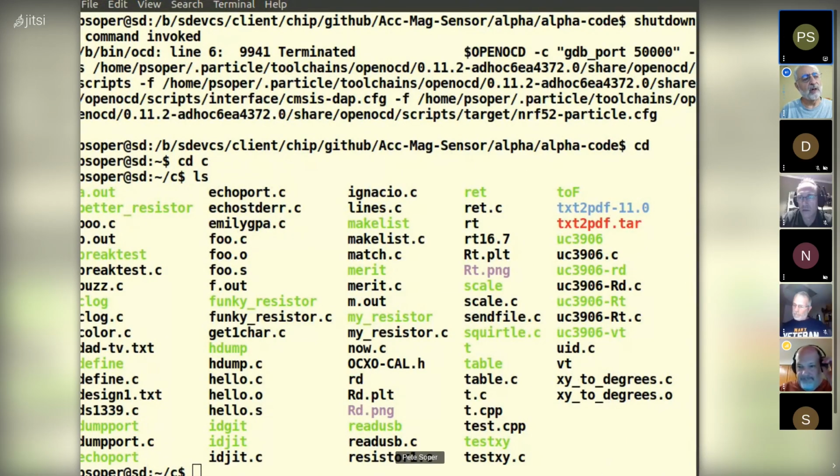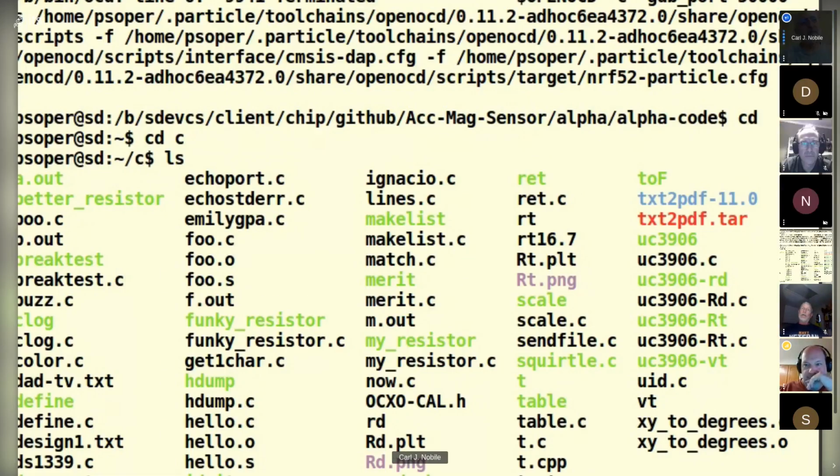Another little side note, the commands for GDB are the same commands you would find in the Python debugger. They're almost identical. One was kind of a fork of the other, but not quite a fork.